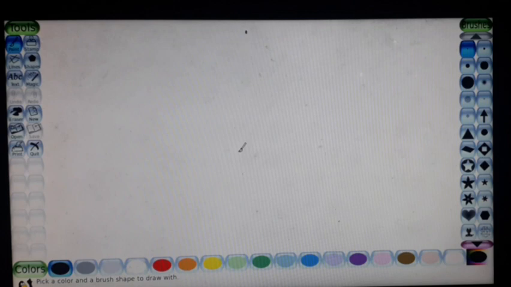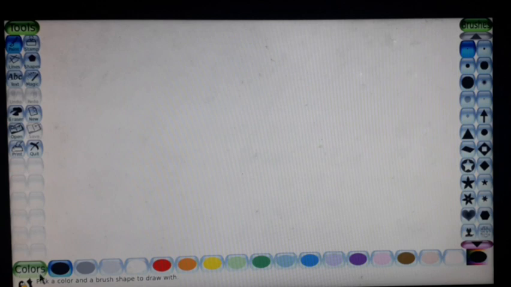Today, we are going to discuss Tux Paint. Tux Paint is a free open source drawing and painting application like MS Paint. Tux Paint helps to do drawing with animation and effects. The penguin is the mascot of Tux Paint.